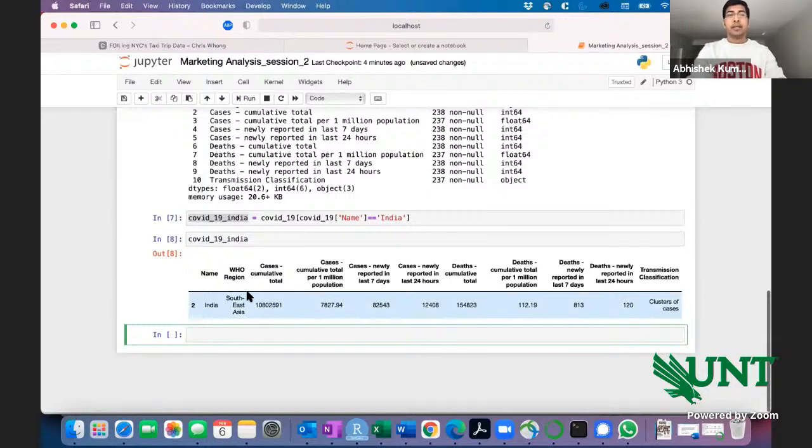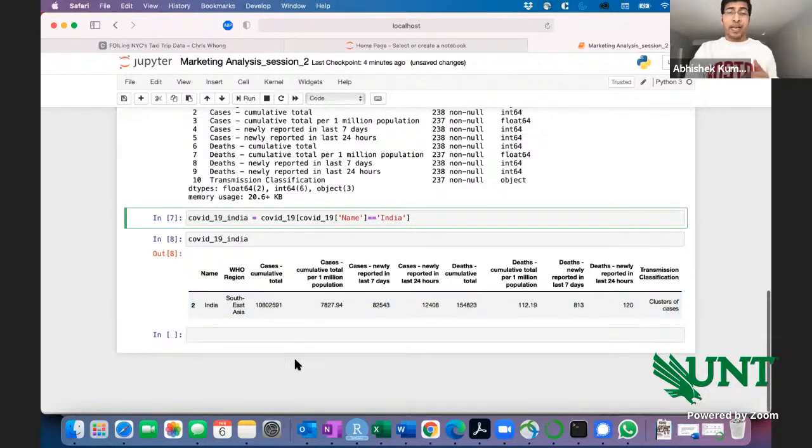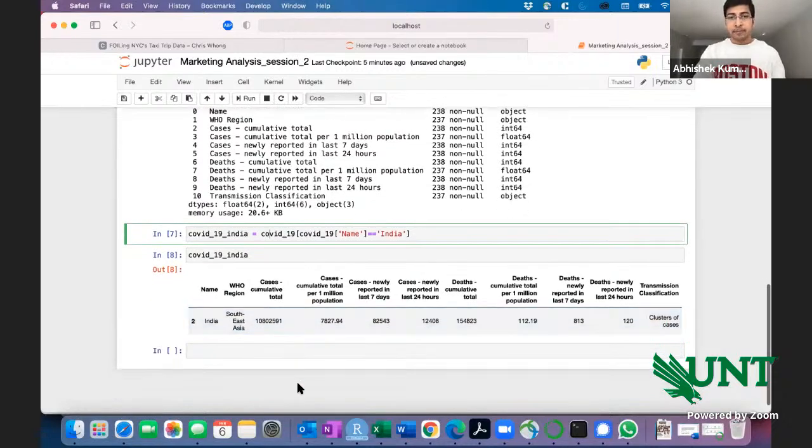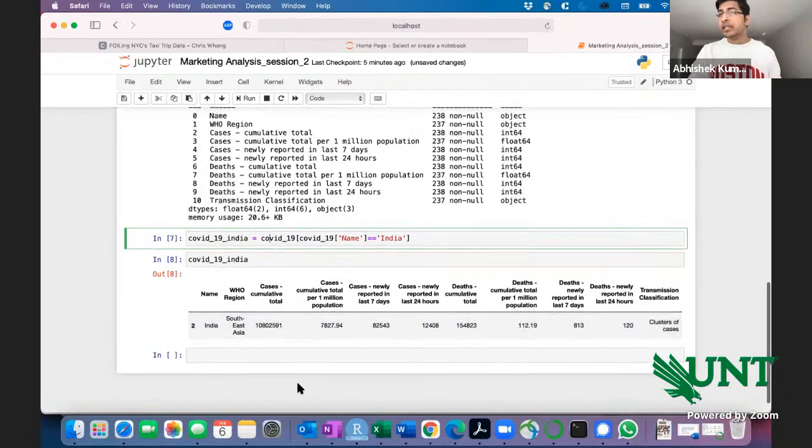So as we see, this is the data for India. Suppose we would like to filter out data for certain analysis, we have to use filtering. We cannot work without filtering, because this data is very small. I don't think it's more than 5 or 10 MBs. But when you deal with data in GBs, you need to filter down your data